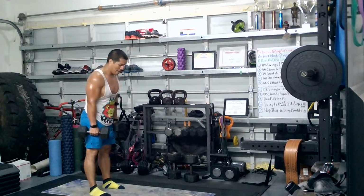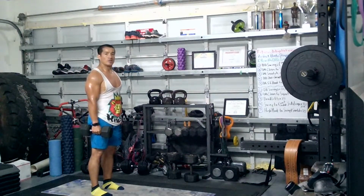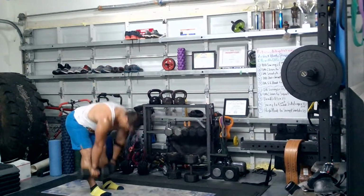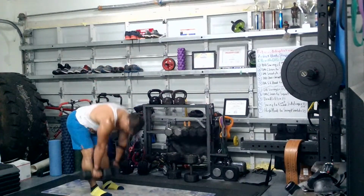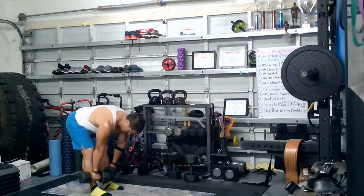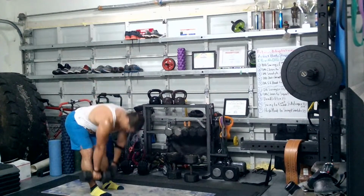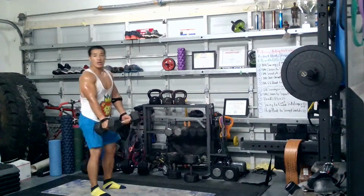Keep it close to your body. Shoulder width apart. Deep breath. 10. Let's go. 1, 2, 3, 4, 5, 6, 7, 8, 9, 10. Clean and squat. So to the thighs,